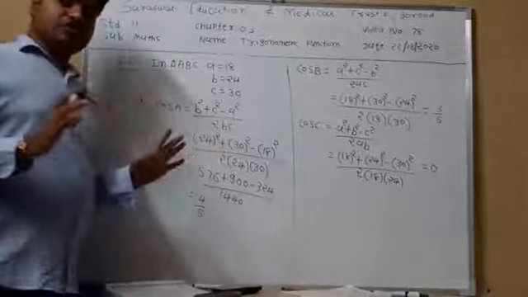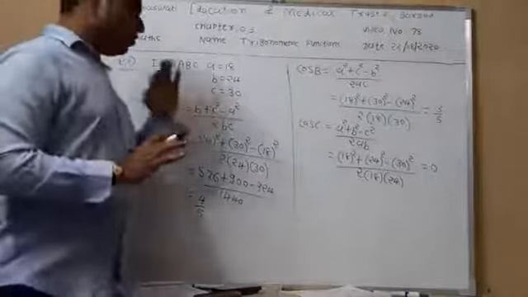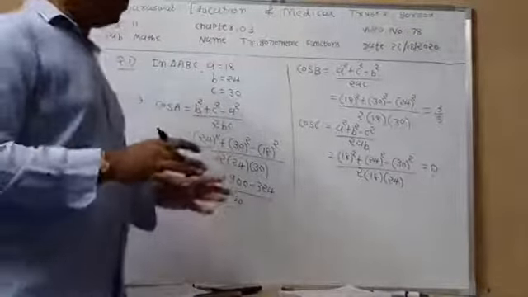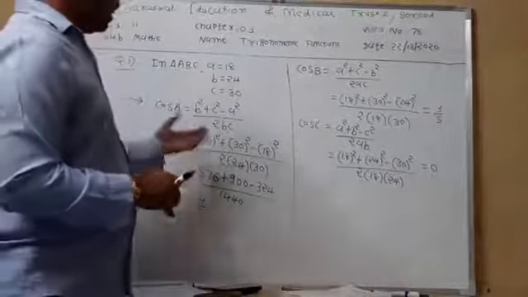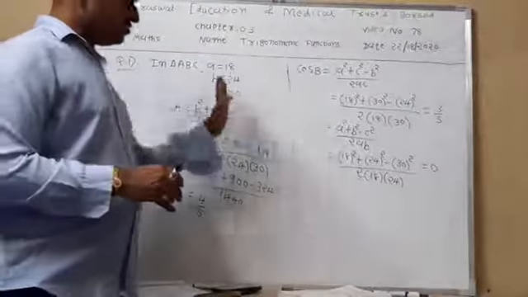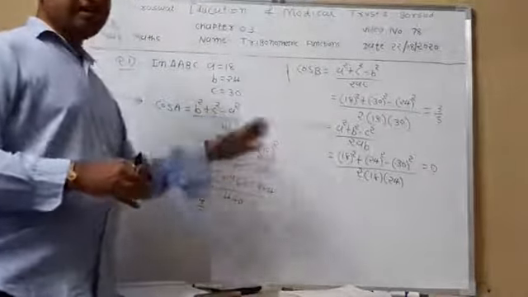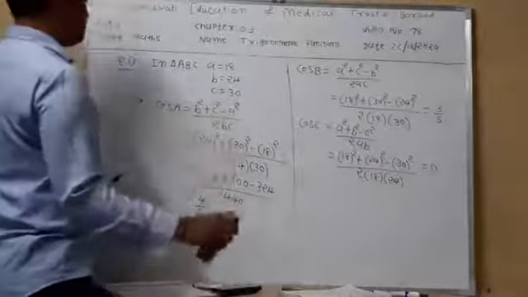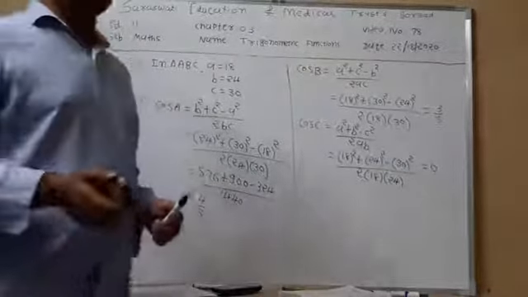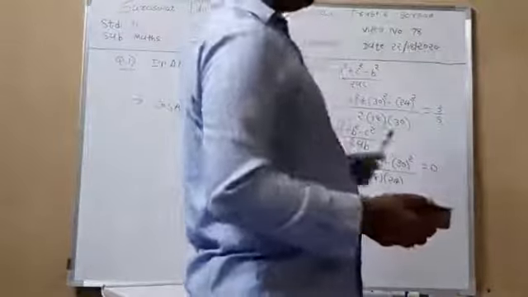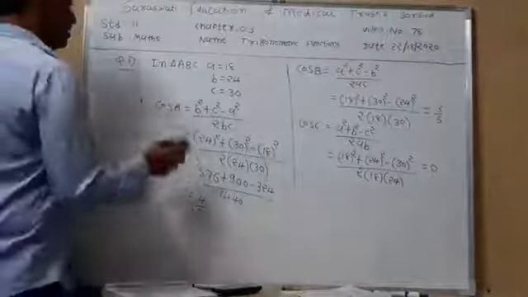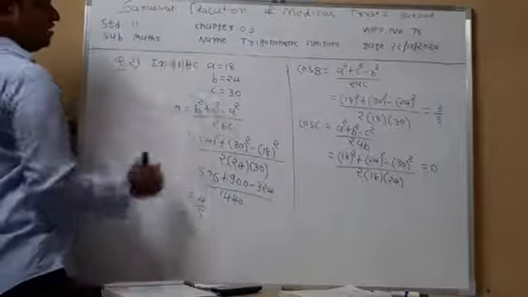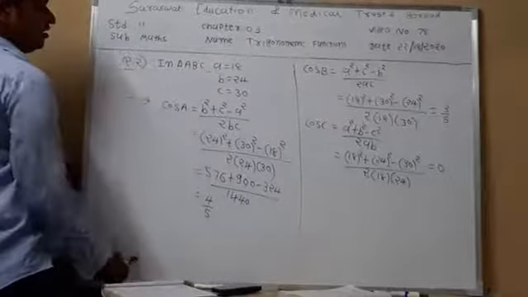So now question number 1 is over. Here the sides of ABC are given. Using these sides, we find the values of cos A, cos B and cos C. Using this result, substitute the values of a, b and c and simplify, so we get the answer like this. Now our question number 2 uses the same data, but we find the values of sin A, sin B and sin C. So our question number 2, in triangle ABC is given, right?